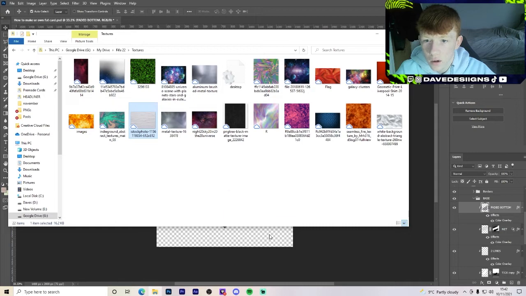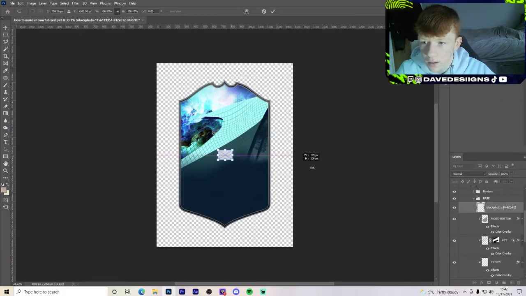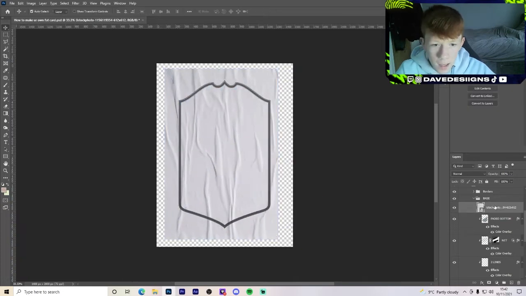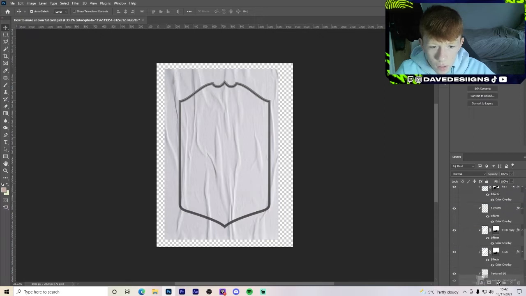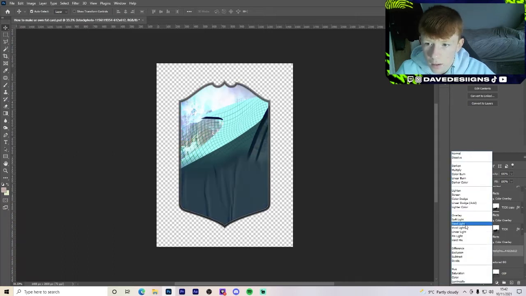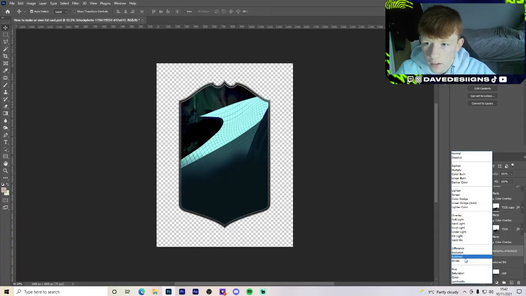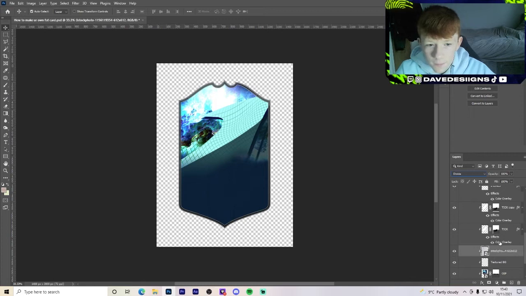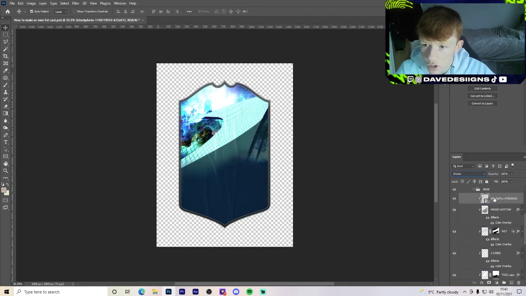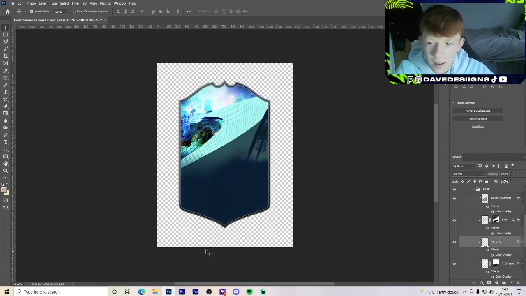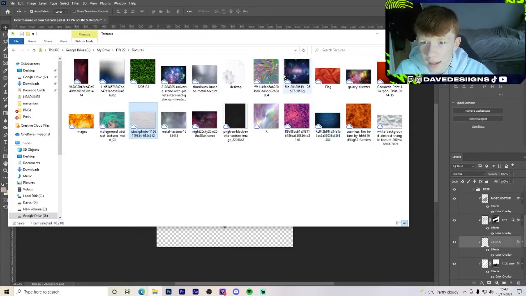So as you can see here, there are a few textures that you can add. So let's add this one over the top, rotate it 90 degrees so it fits on perfectly. We will put this below the tick, I think. And once again, probably not the best. Ooh, that one looks nice, but we're not gonna do that. Again, you can add it wherever you want. Then again, it wasn't the best idea to add a white one and put it on. Let's have a look at a